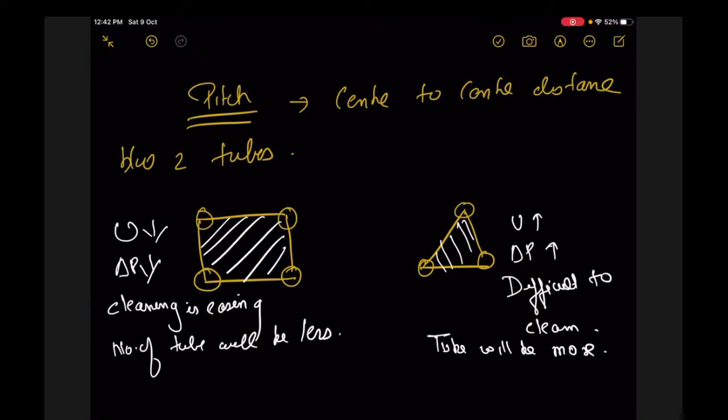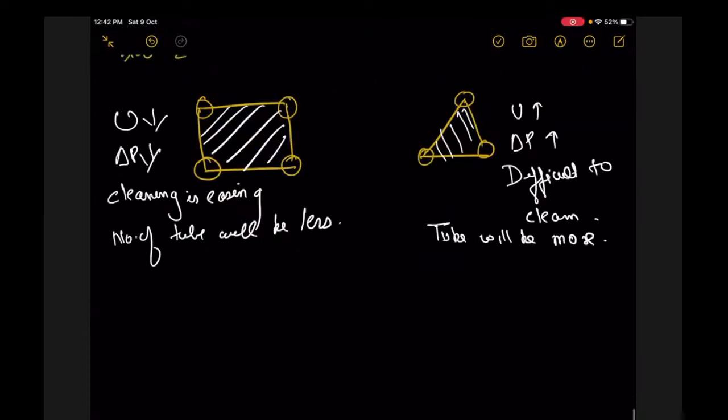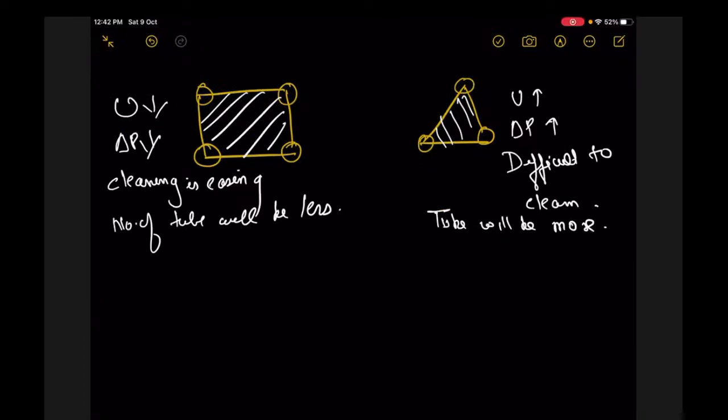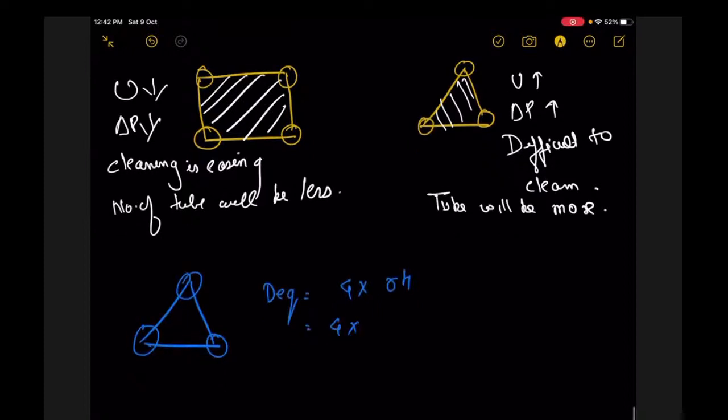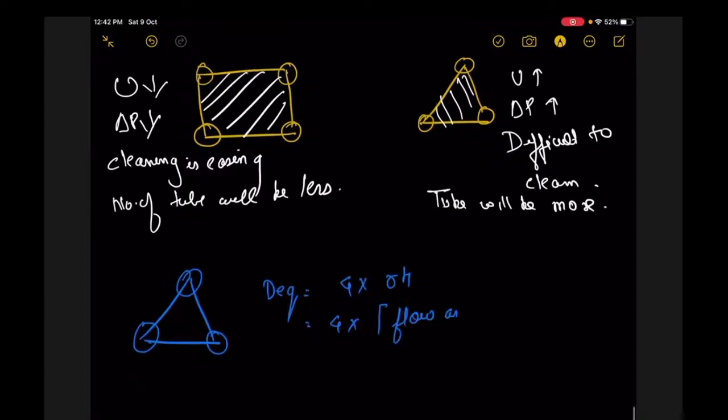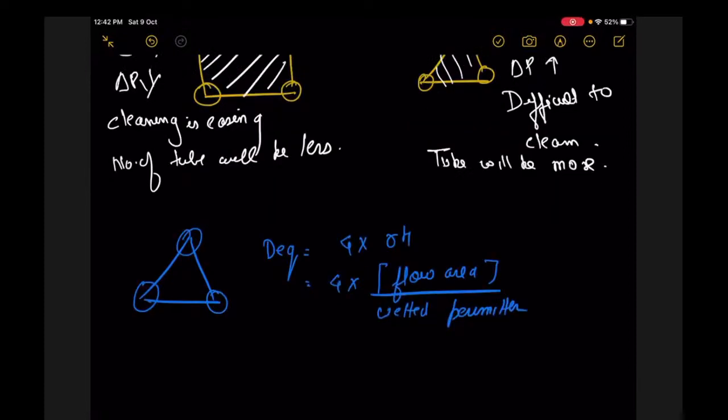सो टर्बुलेंस अच्छा हो जाएगा ट्रायंगुलर पिच में तो अच्छी बात है, लेकिन फिर क्लीनिंग की डिफिकल्टी हो जाएगी, है ना। सो इसका शेल साइड अगर हम देखें, ट्रायंगुलर पिच, इसका डी इक्विवेलेंट निकालना पड़ेगा हमको। क्या होता है डी इक्विवेलेंट, 4 इंटू हाइड्रोलिक रेडियस। हाइड्रोलिक रेडियस क्या होता है, फ्लो एरिया अपॉन वेटेड पैरामीटर। सो 4 इंटू फ्लो एरिया। फ्लो एरिया क्या होगा भाई इसका,